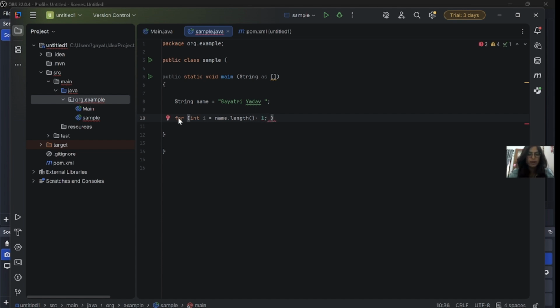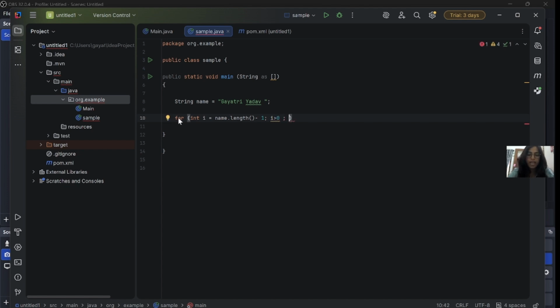I will explain this whole scenario: how we declare the i, how we initialize it, and how we assign the value. So everything we will understand here. First, we take the variable as integer i and assign the number of characters count to this i. So name.length() gives you how many characters there are. Then we run the loop with i greater than 0.